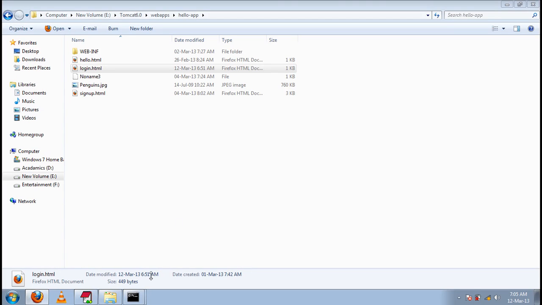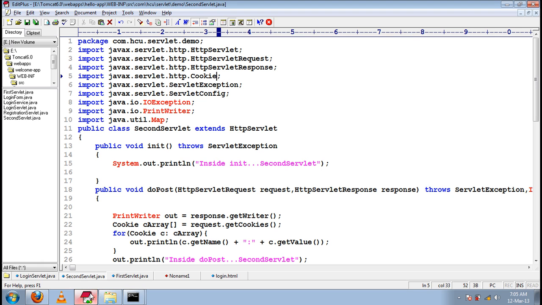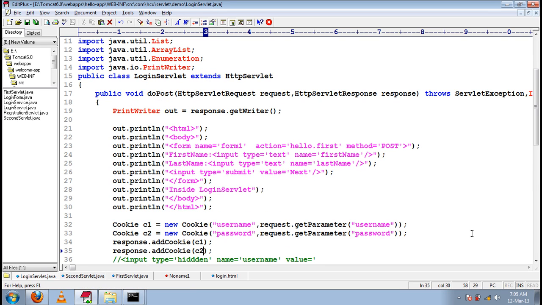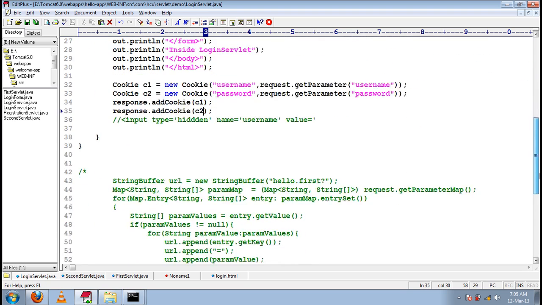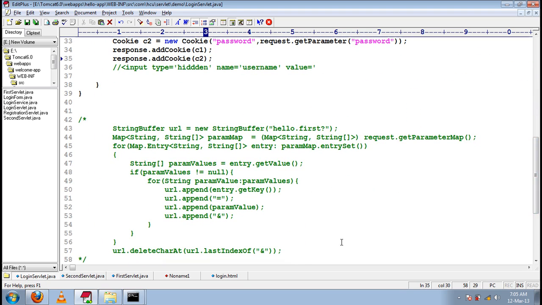See, in hidden form fields, what we used to do? In the login servlet, we used to add them either to the form or URL, either hidden form fields or URL rewriting. We should do it in all the servlets, from login servlet as well as in the first servlet.